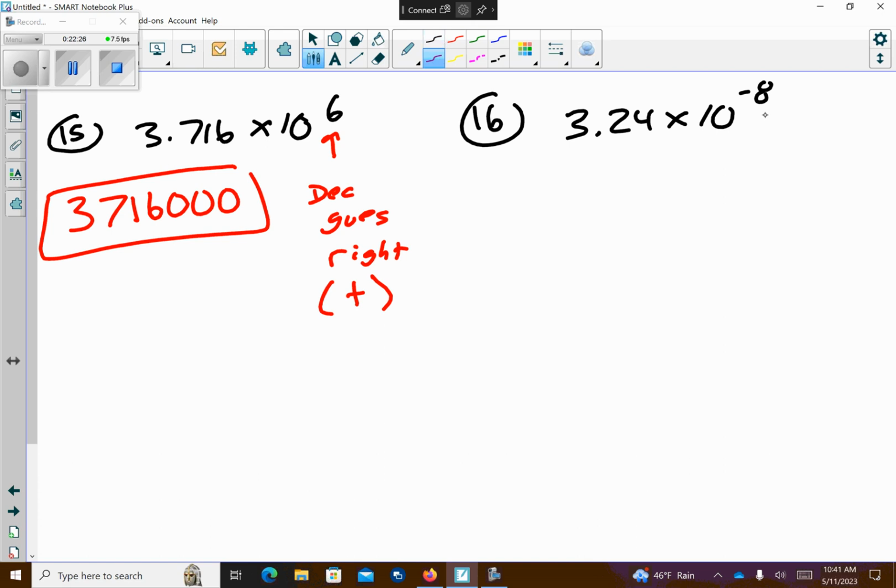All right. So if that one goes right, what does this one do? Decimal goes